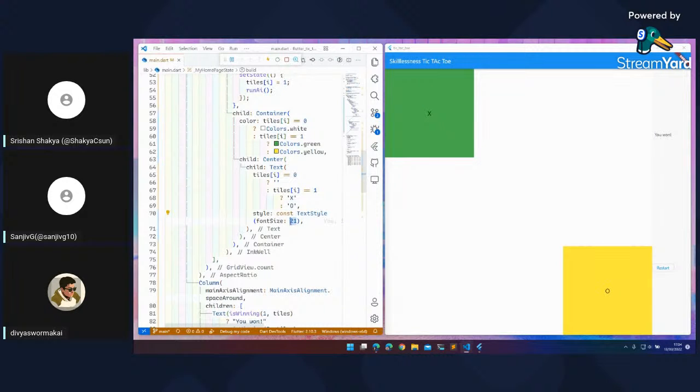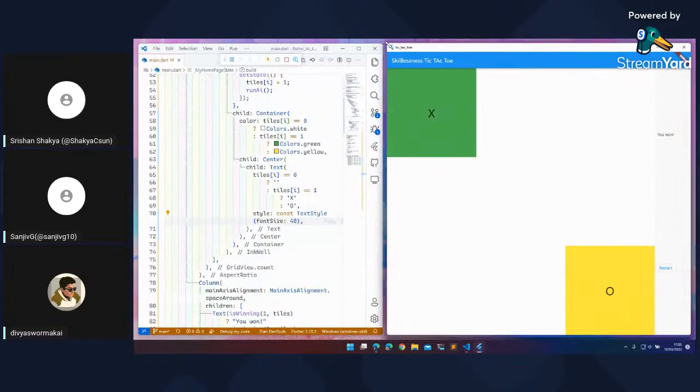It doesn't look quite big, maybe 32, or even 40. Yes. Okay, I think now we can see the X's and O's clearly.